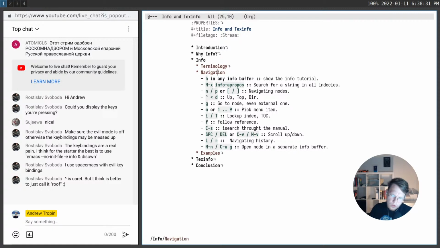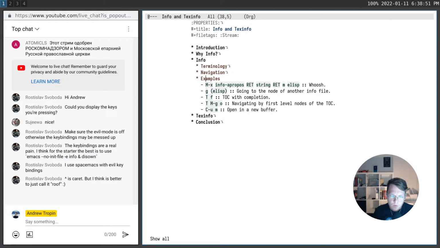Good. We learned almost all the basics, which is necessary for navigating through the info files. There are much more commands available in Emacs, but I hope you will be able to explore them yourselves and find something that works for you. I will just show a few more examples. First one was already covered. The second one is using go to node function, but